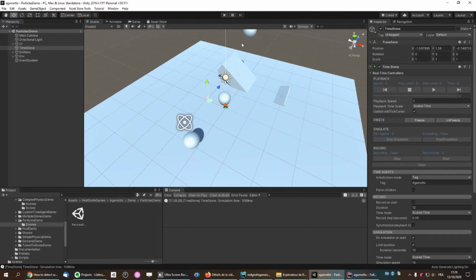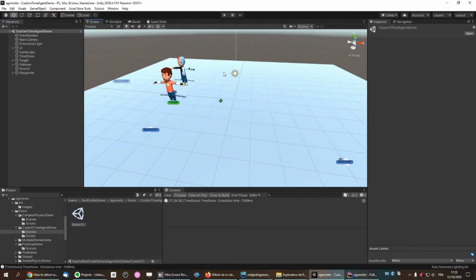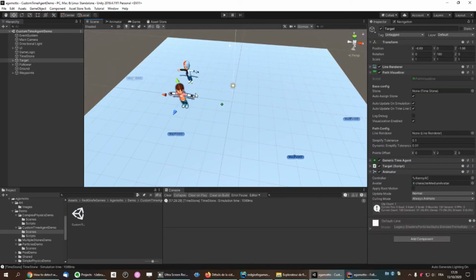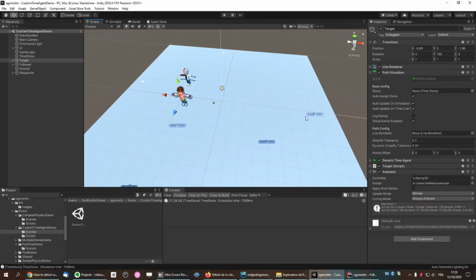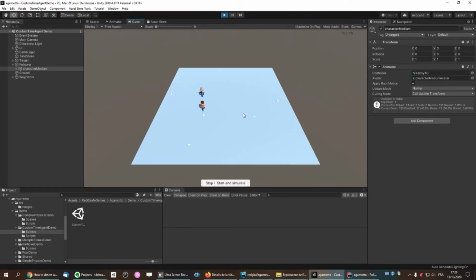The next demonstration is about using Agamotto to simulate code and to record and simulate animator states. Here we have two characters. The first one is going through waypoints using code. The character is going forward but looking at the waypoint iteratively. The second character is following the first one through code. And we've got a run animation on both characters. If I stop,